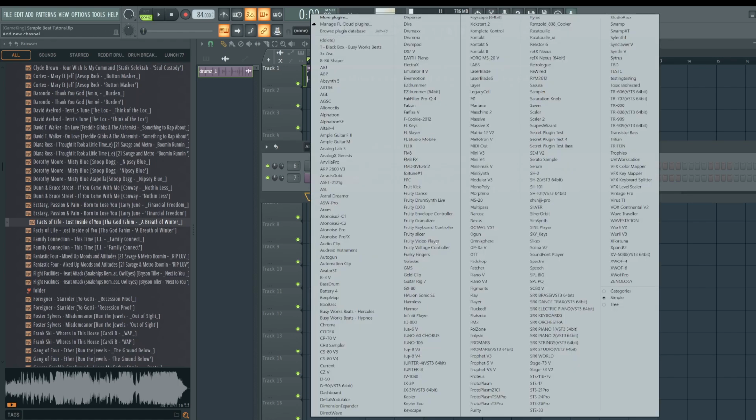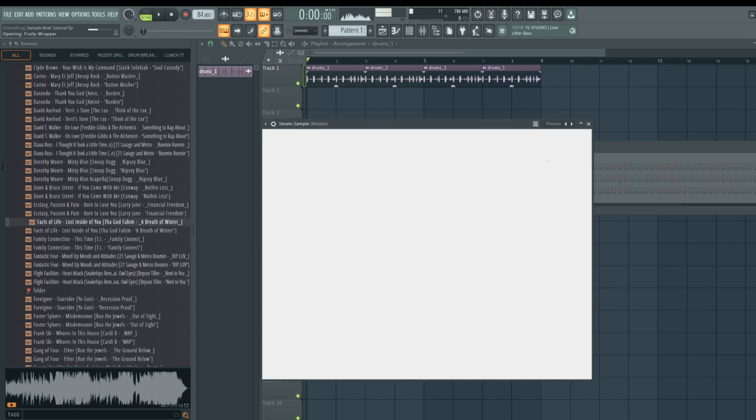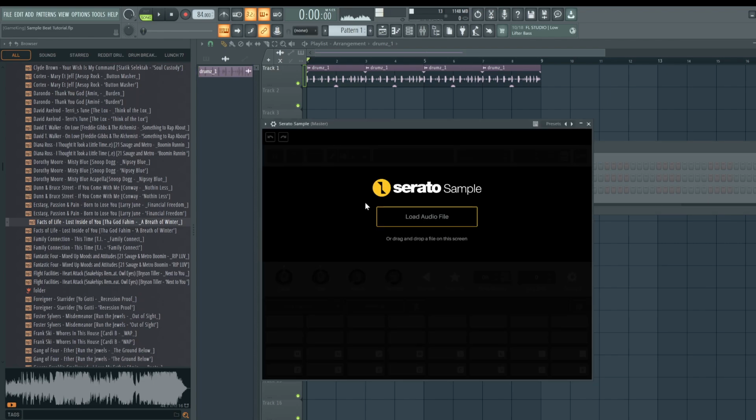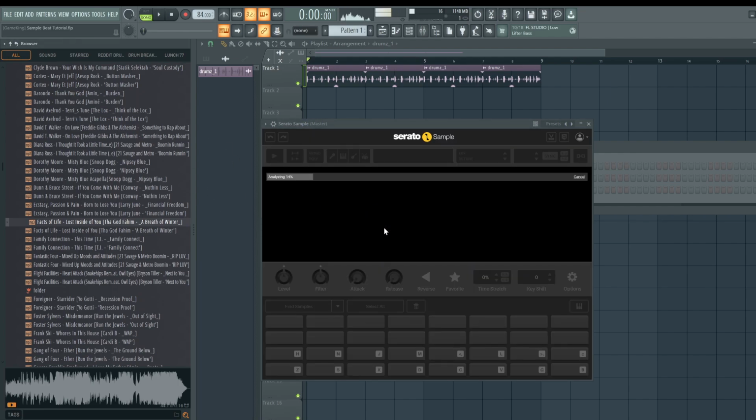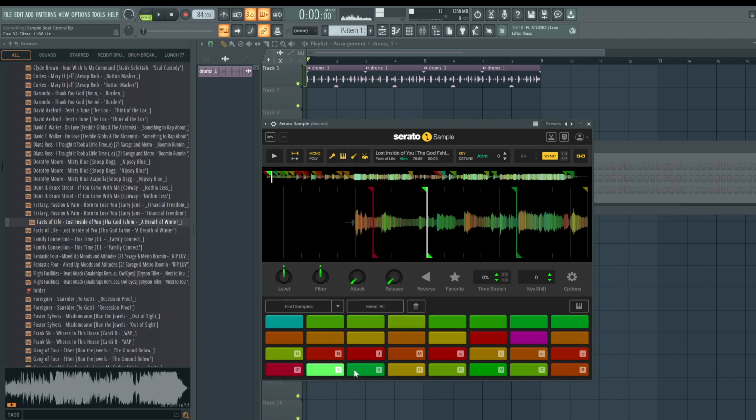For that reason, I'm going to use Serato Sample. It just saves a lot of time. So if you guys are really getting into sampling, this tool makes sampling so much easier. In FL Studio, it could easily take 5 steps to do one thing in here. So it saves a ridiculous amount of time. Let's just go to Find Samples. And now we're just going to press on the pads.